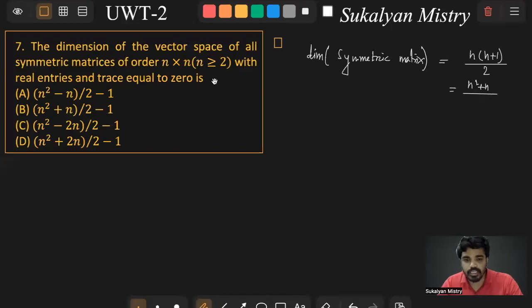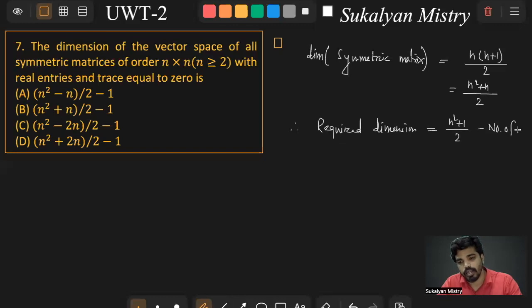Here the number of restriction is 1. Okay, what is the restriction? The restriction is trace a is equal to 0. So okay, therefore the required dimension